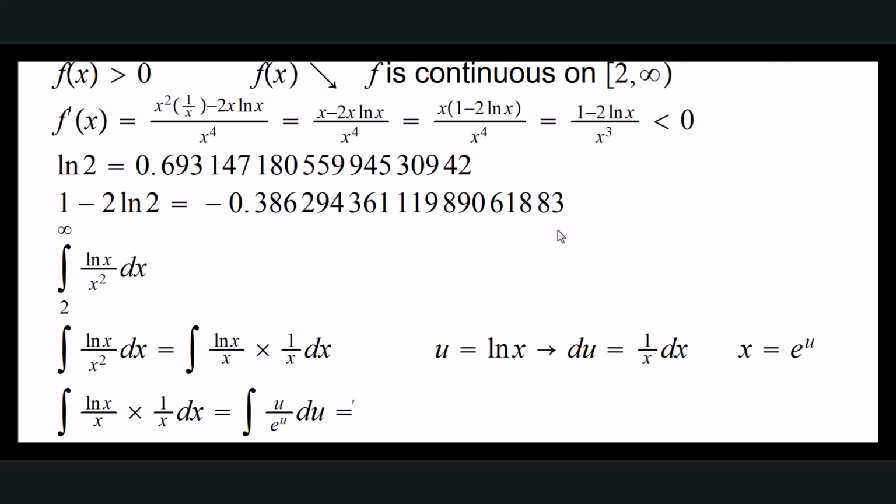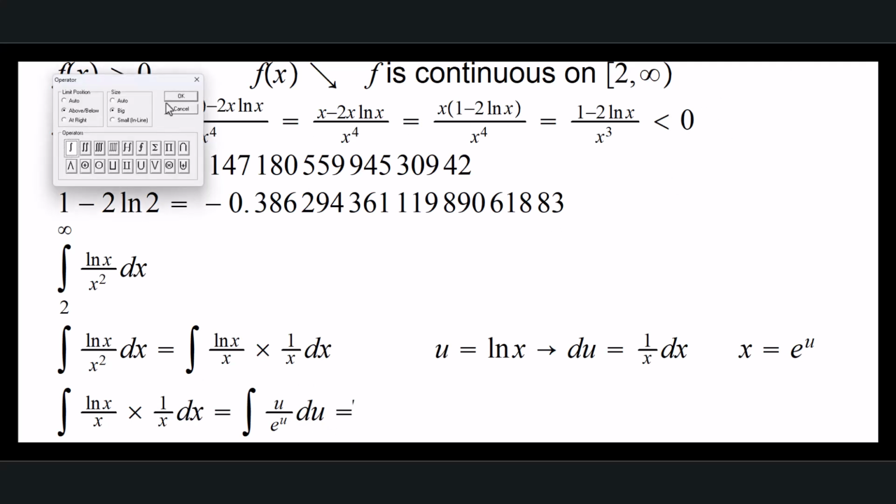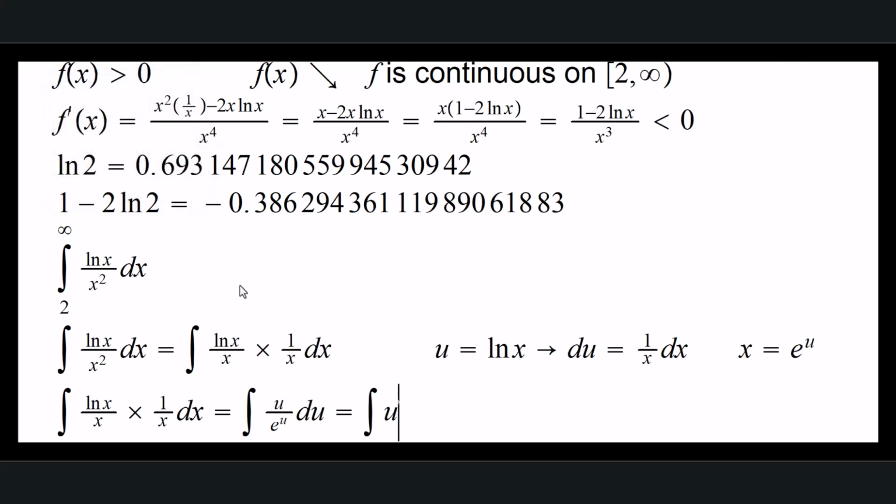So this is the antiderivative, u e to the negative u du,